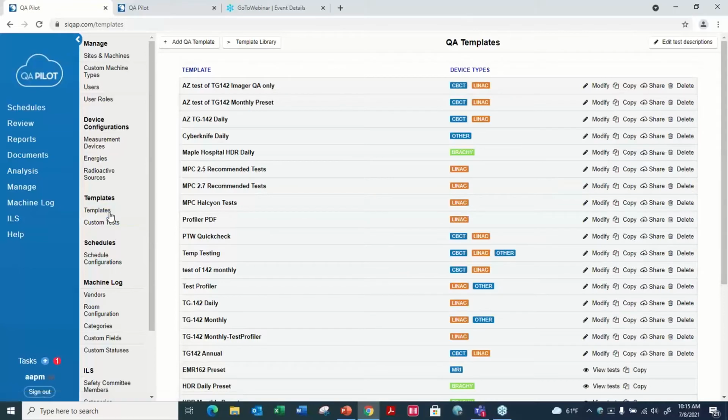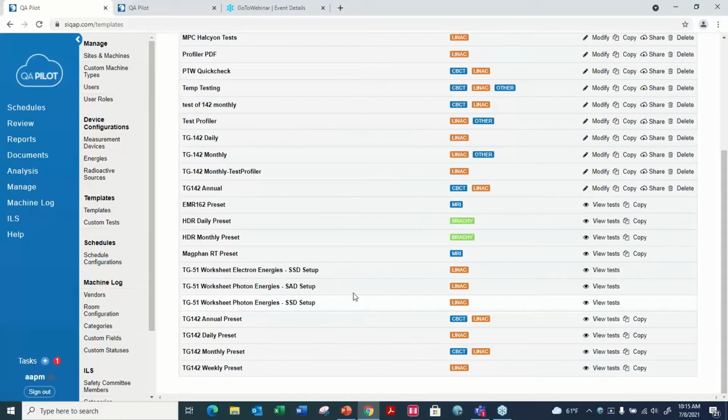And this is the next thing I wanted to show you. This is where we have a bunch of presets. Remember, these are our TG51 worksheets that are already pre-built that you can view the tests, and then you can utilize those, assign these to a Linac, and you're good to go. I'm going to go back up to my temp testing,